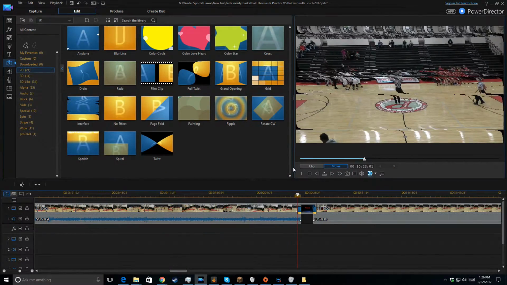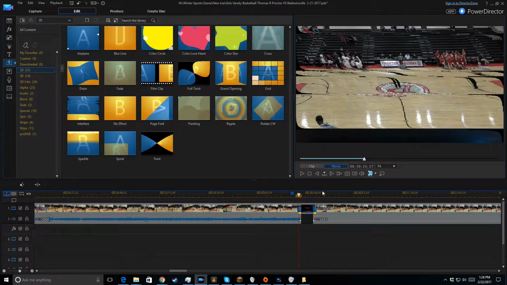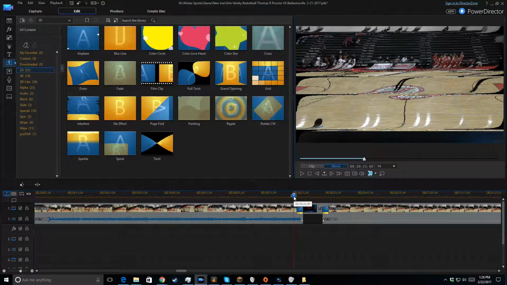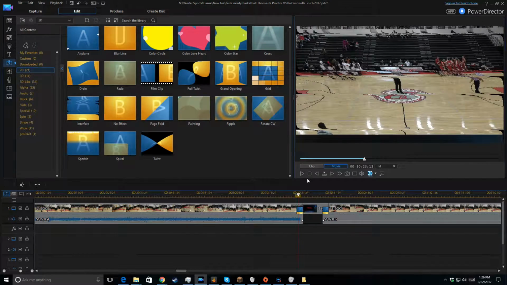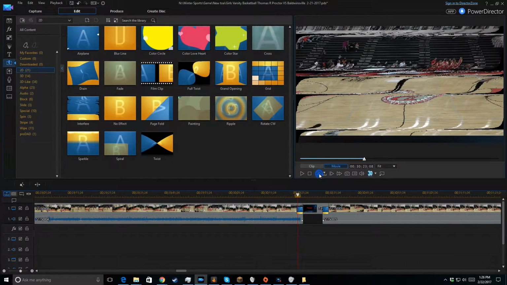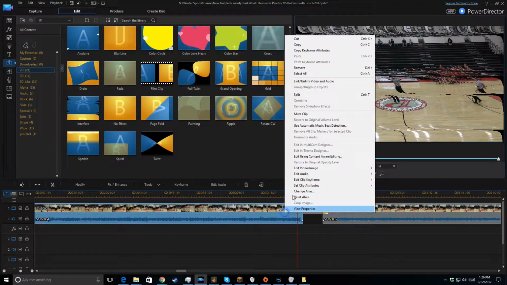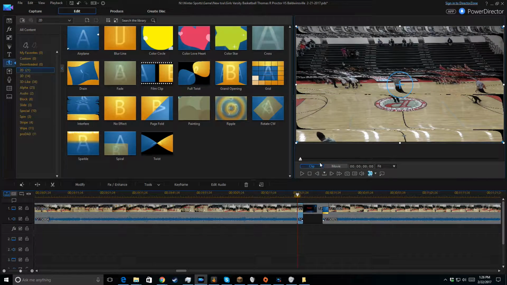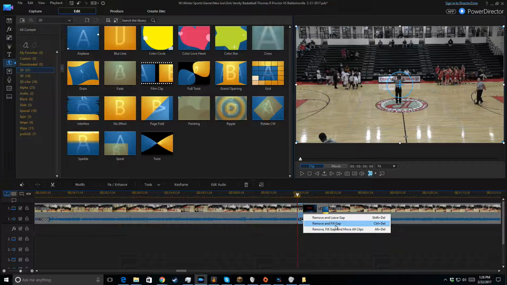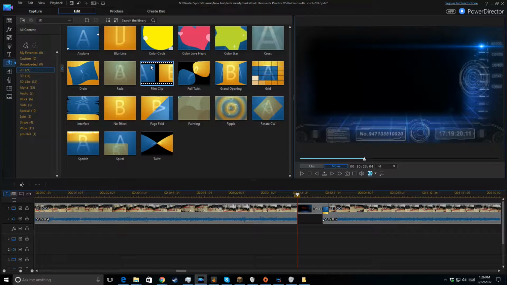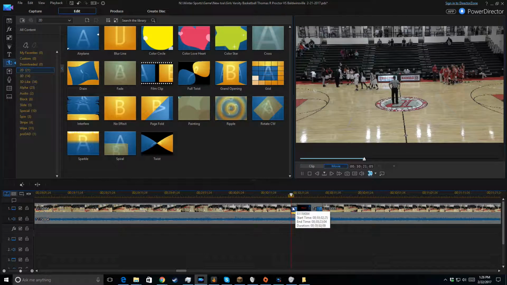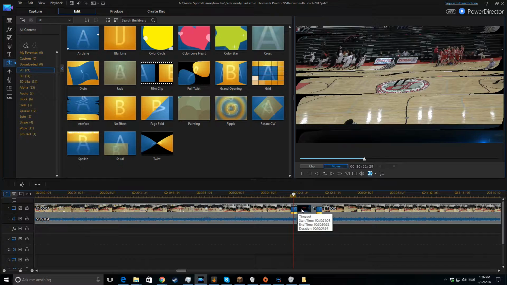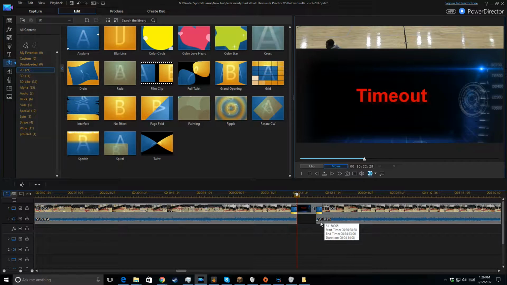Now, did you hear that little click? That little click that you heard? That's my camera right there. You hear that? So I'm going to back up just a little bit and actually take that out, because I've noticed sometimes with the Panasonic F991, the one that actually videoed this game, it sometimes makes a clicking noise, and I try to make sure it's not in there. So there you go, there's a timeout called,